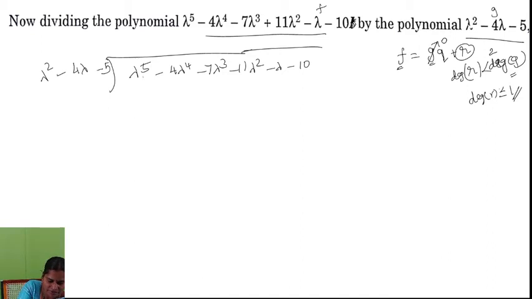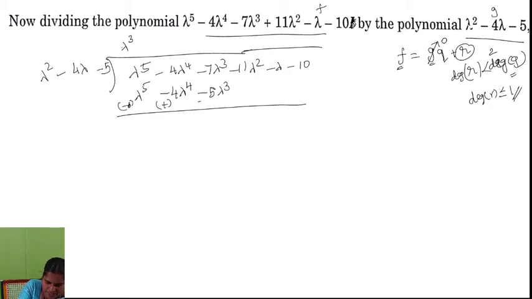So first we have to divide, meaning we need to find the quotient term. If you multiply these two terms by these two terms, we have to get lambda power 5. Then we have to write here lambda cubed. Lambda squared into lambda cubed is lambda power 5. Next, minus 4 lambda into lambda cubed is minus 4 lambda power 4. Next, minus 5 into lambda cubed is minus 5 lambda cubed. To cancel this term, we have to subtract.